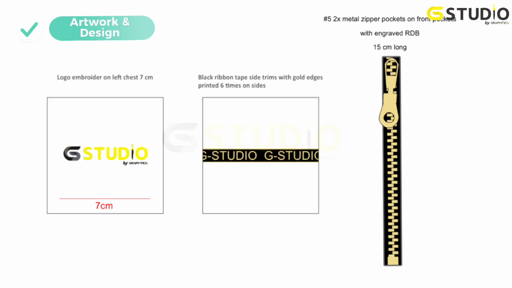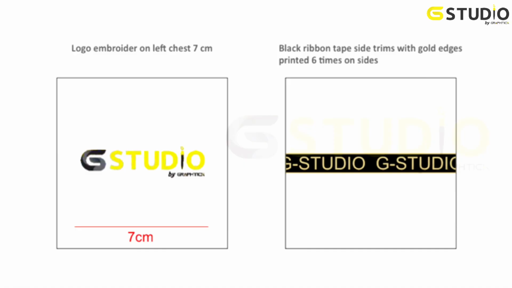In this phase, we will cover the artwork and design details, where we put all the details if we are using print or embroidery. We need to put the color details and the specifications, or you can say measurements, of that particular print or embroidery in this slide, so our manufacturer knows what colors we need for the printing or embroidery, and what measurements we need. For example, if we are putting the logo on the left chest or across the chest, we need to explain it, and we need to provide that artwork with the measurements and color combinations.